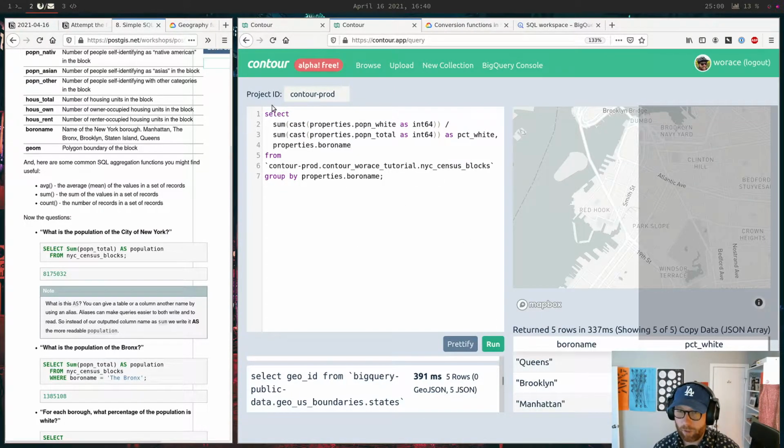Queens, Brooklyn, Manhattan. Yeah, I'm not 100% sure about this properties thing. I kept it because it was simple, just to make it be like GeoJSON, but it might be nicer to hoist them to the top level. So anything that is a property, I could just hoist it up and put it at the same level as the geometry and stuff.